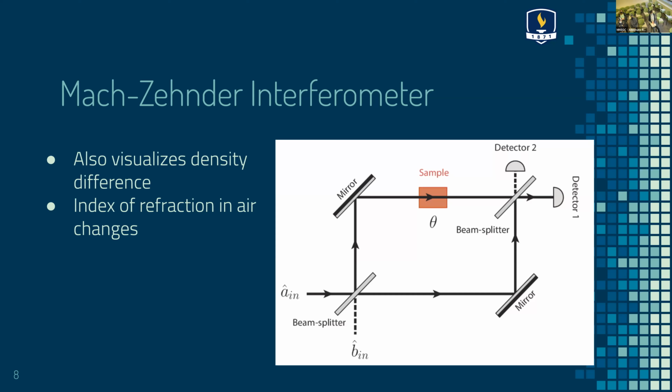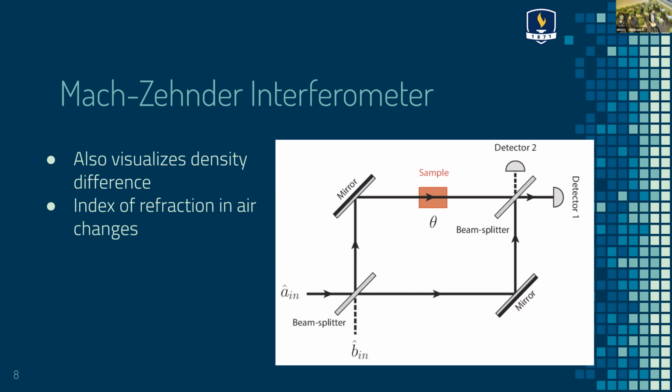We collimate one of the paths, so the one laser beam expands out into a bigger circle, and it can cover a wider area. And we shine that across the sample area that we're interested in studying, where the flow is going to be happening. After it shines through that, we recombine it with the other arm,